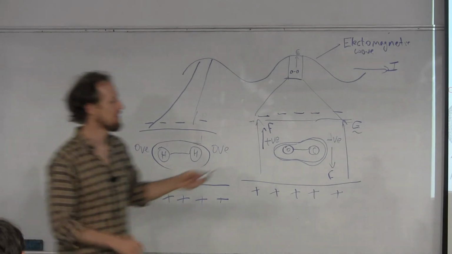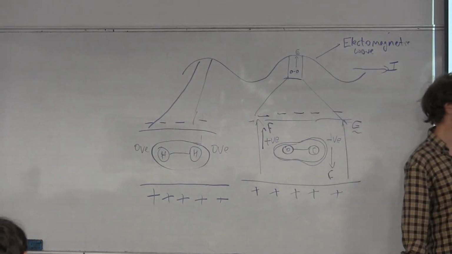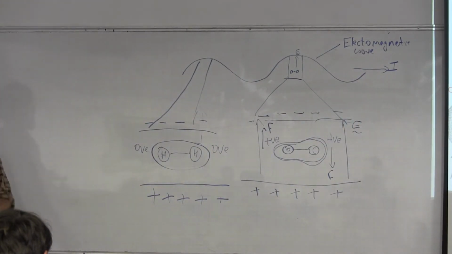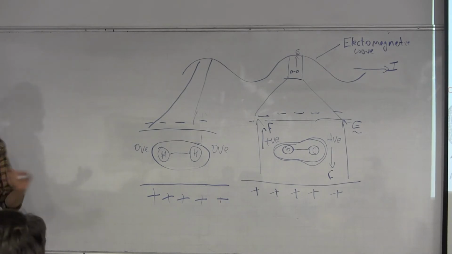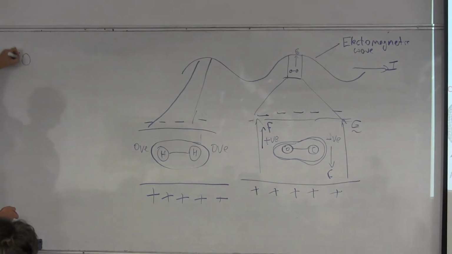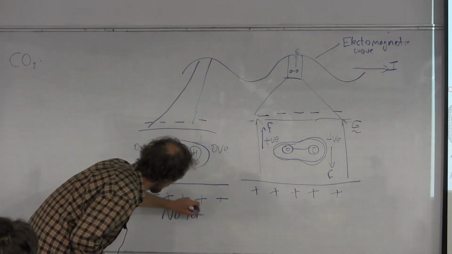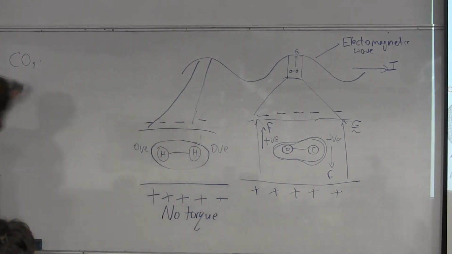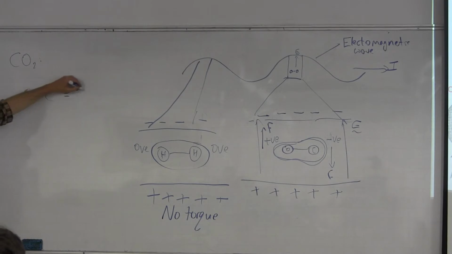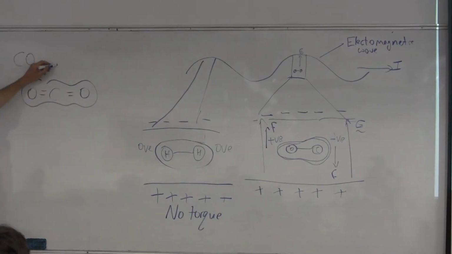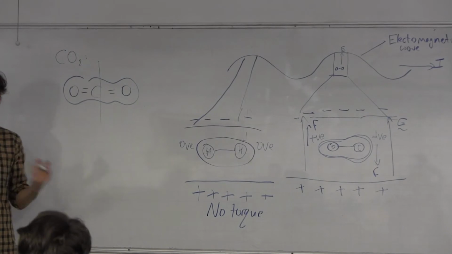And it turns out the most important thing about whether or not this is 0 or not is how symmetric your molecule is. It's not just hydrogen. The same thing happens for oxygen, O2, or nitrogen, N2, and it happens for carbon dioxide as well. So it's no torque. Because carbon dioxide has the structure of a carbon atom and 2 oxygen atoms, but they're in a perfectly straight line. So the distribution of charges is not quite so simple anymore, but it is even about this line, so you have a symmetry. Whereas water